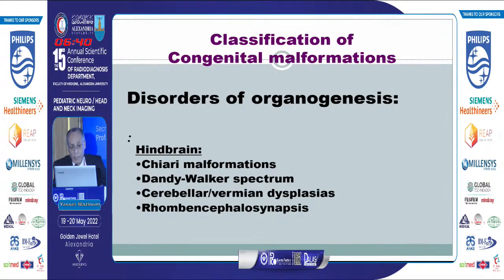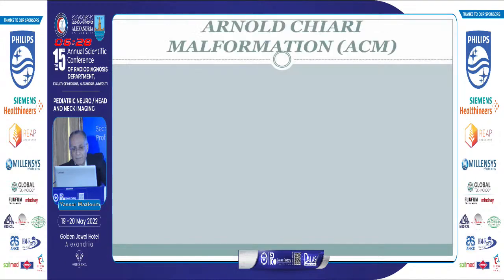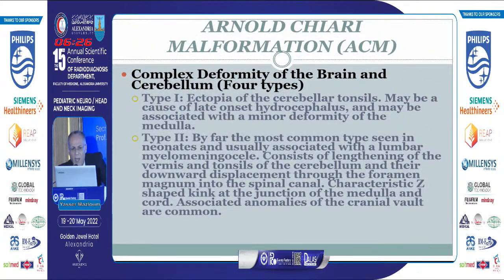Well, this order of organogenesis in the hindbrain consists mainly of Chiari malformation, Dandy-Walker spectrum, cerebellar vermis hypoplasia, and rhombencephalosynapsis. Arnold-Chiari spectrum is a complex deformity of the brain and cerebellum of 4 types. Type 1: ectopia of the cerebellar tonsil, which may cause late onset hydrocephalus and may be associated with minor deformity of the medulla. Type 2, by far the most common type seen in neonates and usually associated with lumbar